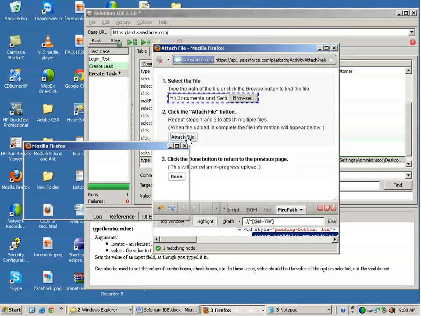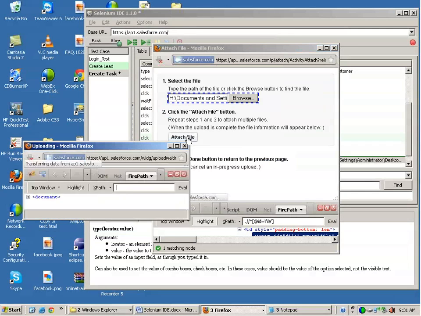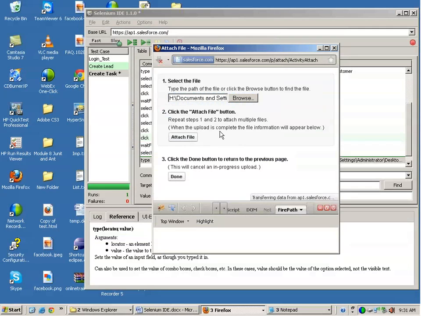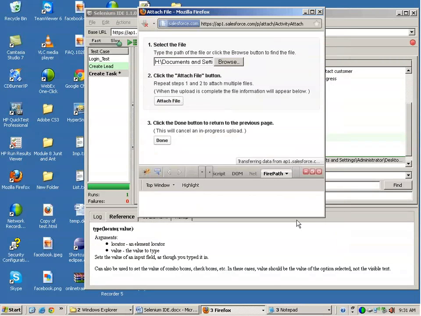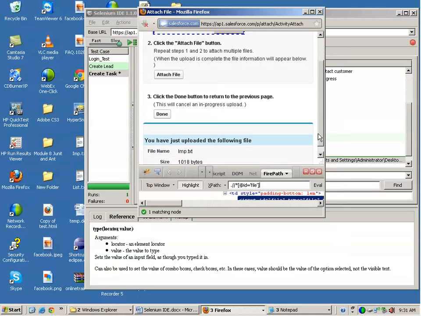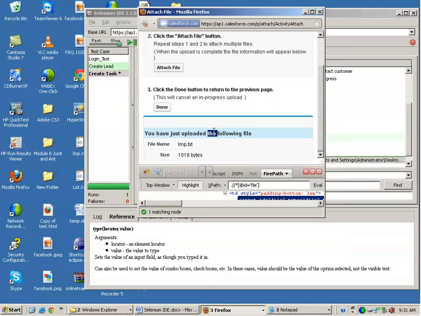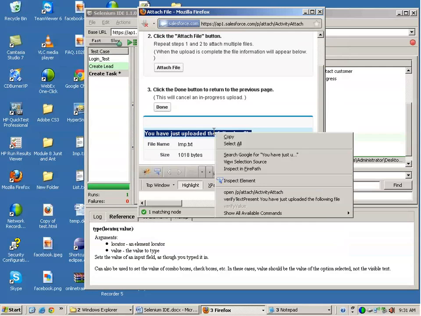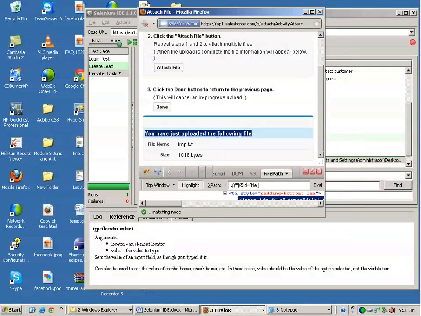then after some time the window comes up and I get a message that you have uploaded the following file. That is, upload is completed. Okay, so I'll copy this text and I will give the command